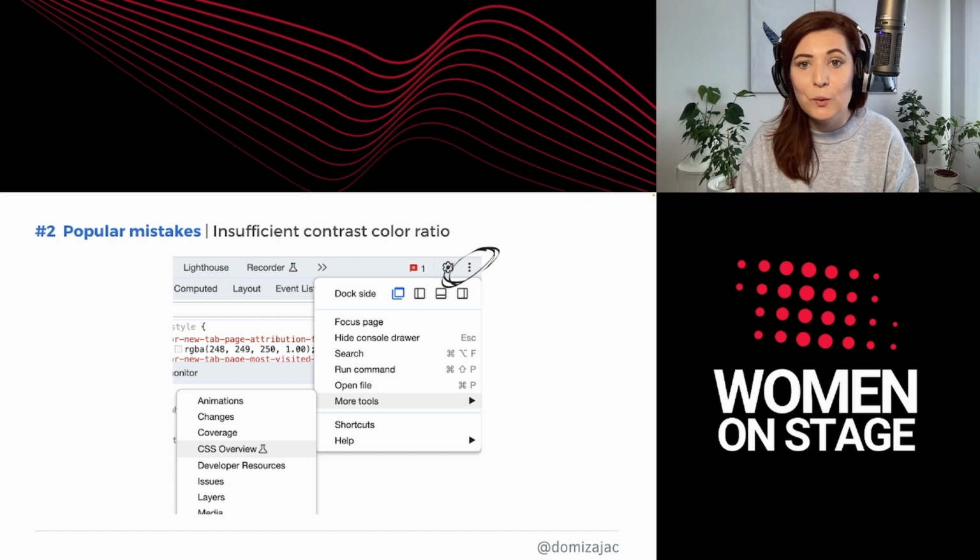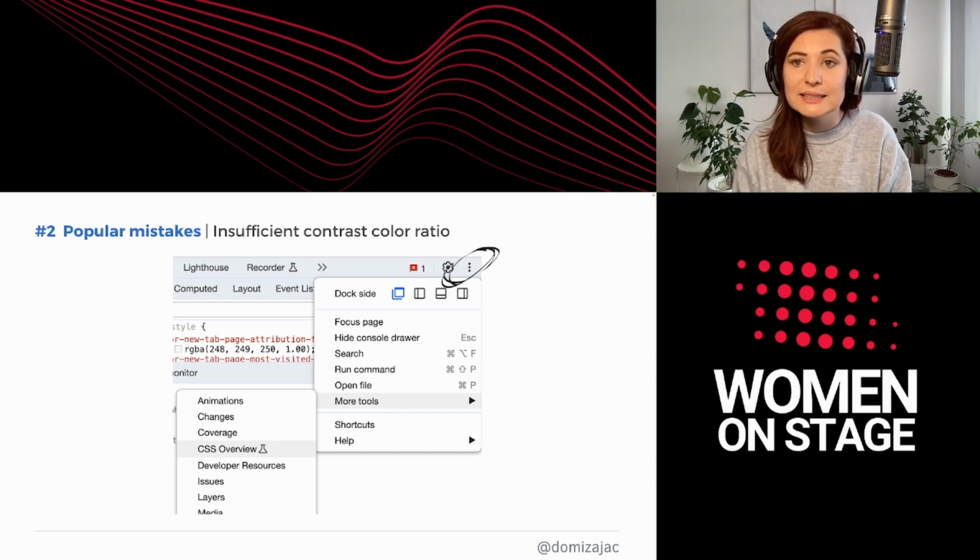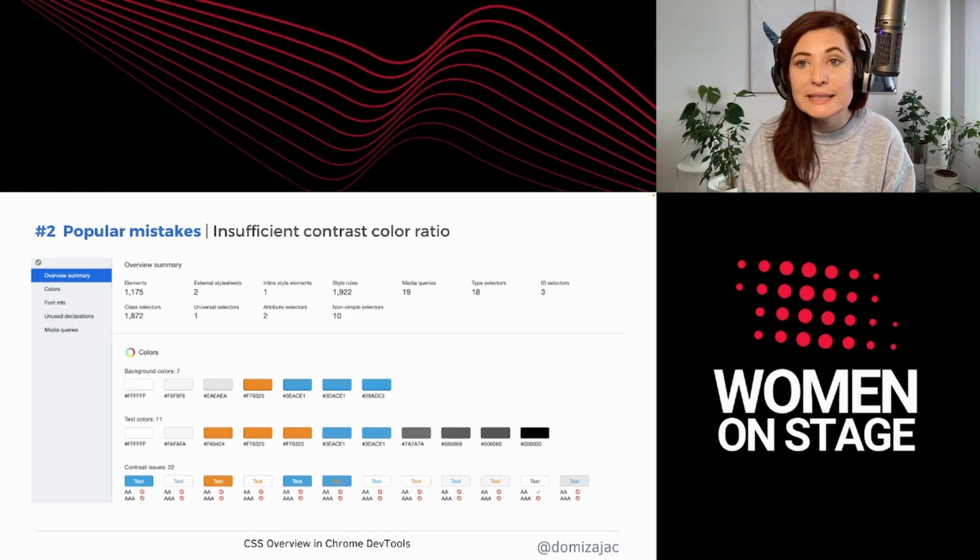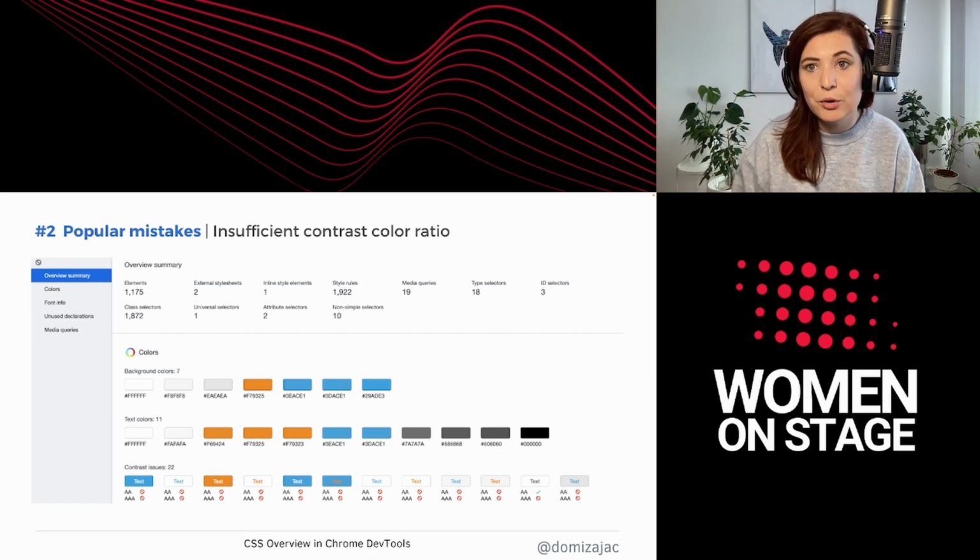Now you should go to More Tools and the CSS Overview tab, where you can see a report with all colors, fonts, and so on used on your web page. There's a section called Contrast Issues, and when you click on the color, you will see all elements on the web page with this problem.